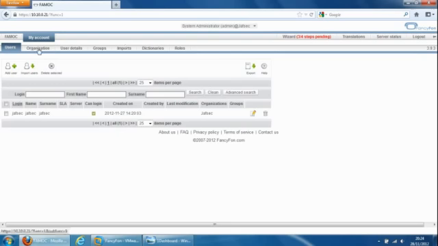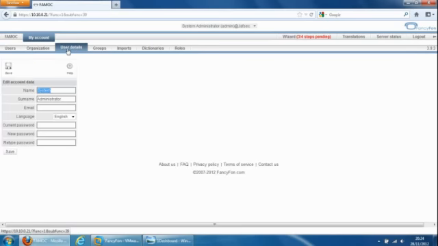So organisation is where you'd set up your organisation. By the way, the product itself is able to do multi-tenancy, so you can set up multiple organisations and each organisation can manage their own set of devices and they can't see each other's devices. User details, this is details about the administrator, and the administrator can change their password and some basic details